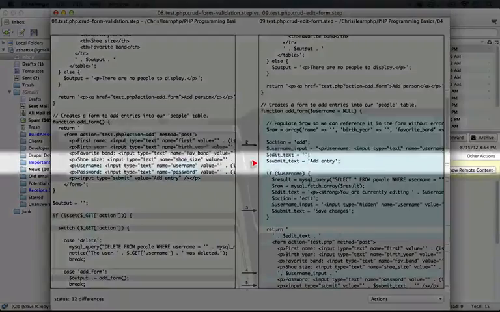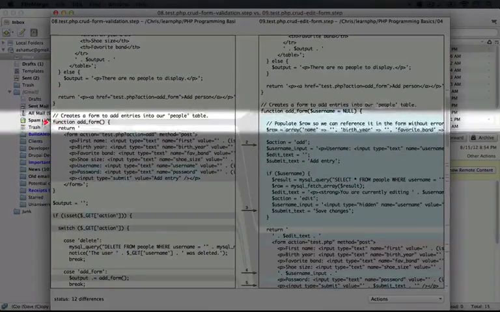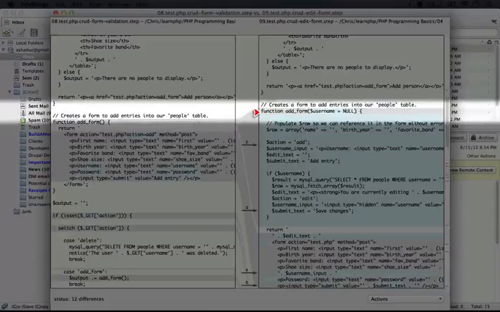And as I scroll down here, we see we have the add form function. Here's where that function begins here. Now, like I mentioned before, the strategy that we're going to use here is to leverage the same form both for the add action and for the edit action. But to do that, we need to add some extra logic to determine whether we're going to be using an edit form or an add form. So even though it adds a little complexity here at the beginning, what it will do is make this much easier to extend. So whenever we add an input to one form, we're going to end up adding an input to the other form just automatically.